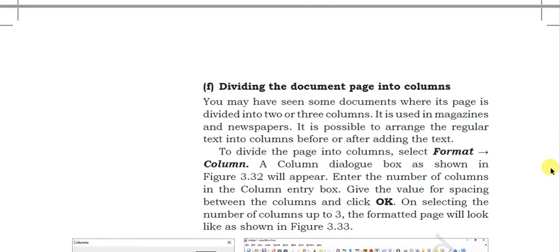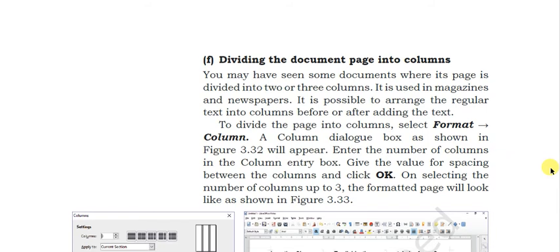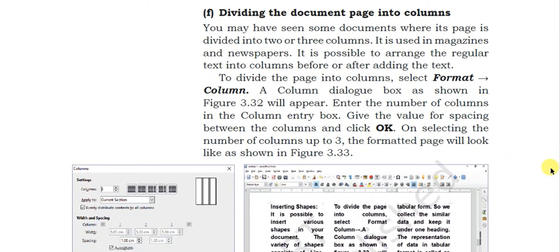And if you want to divide your entire page into columns, then you can select this. This is very important. Okay, sometimes you see in the newspaper the page is divided into 2 or 3 columns. A particular news is given in 2 or 3 columns. So how can you do that? You can have this Format and Columns.